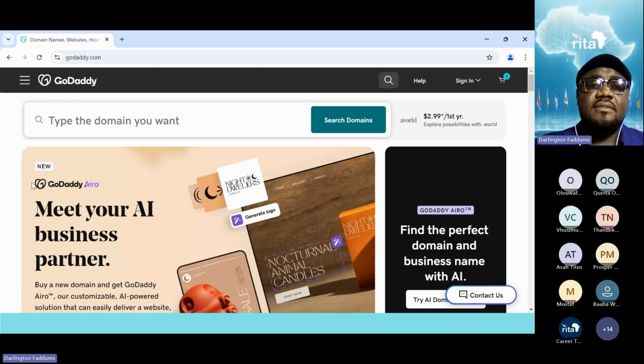And the names you register instantly registers with ICANN. It doesn't need to take 5 days or 3 days or 72 hours. The moment you register and you make payments, the name is taken for you. And we are going to understand that if you register a name, that name belongs to you, and nobody has the right to take it from you.